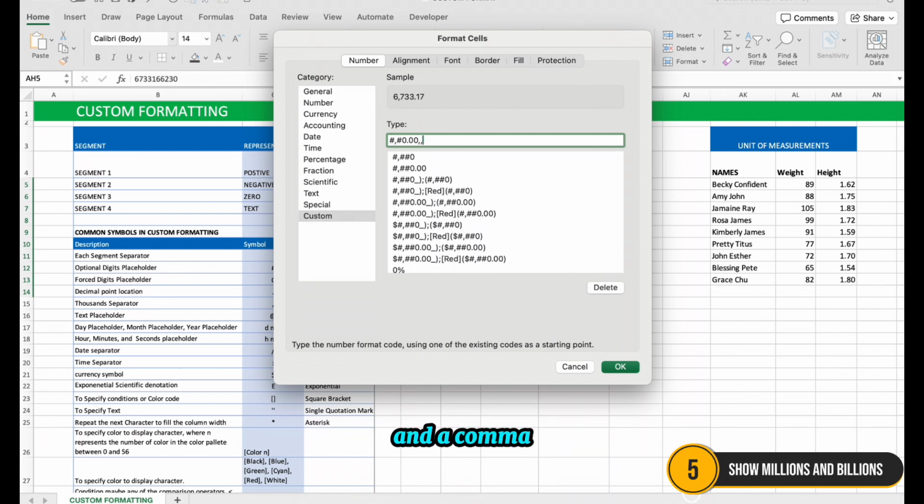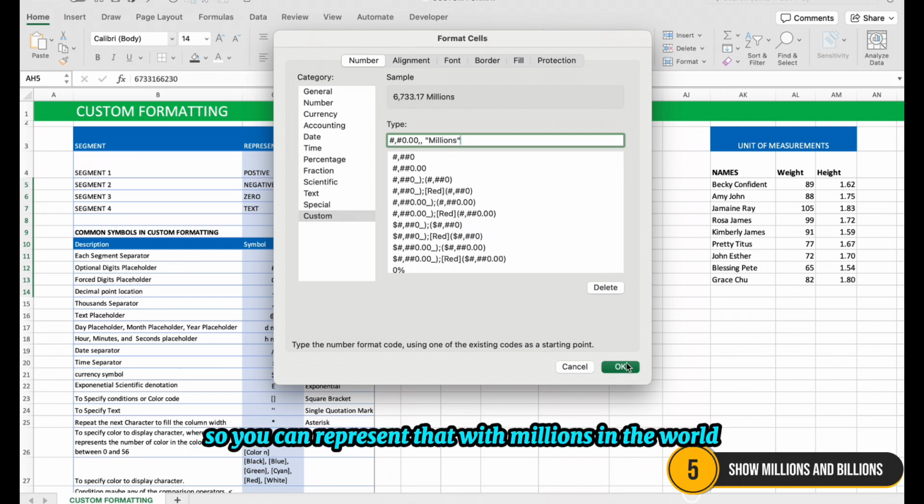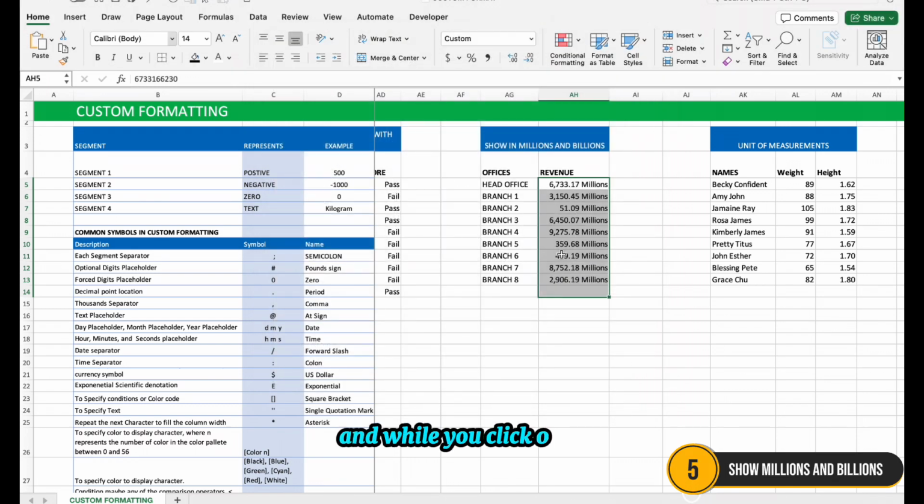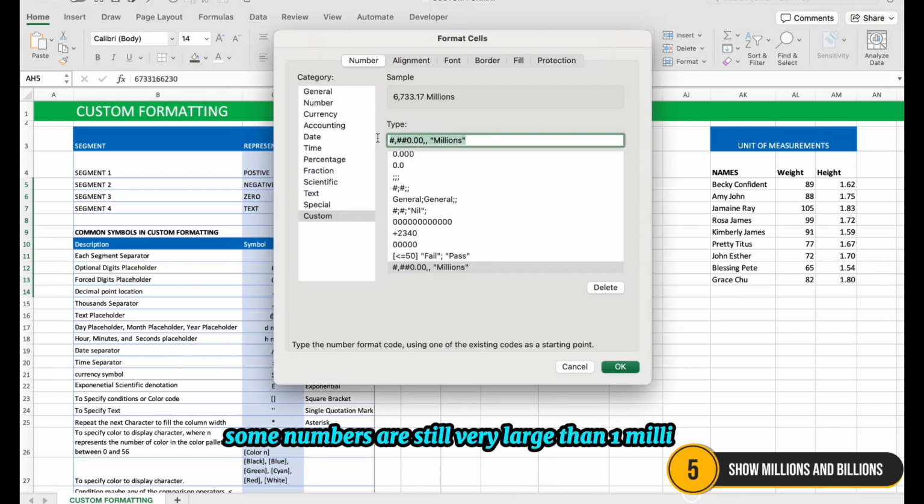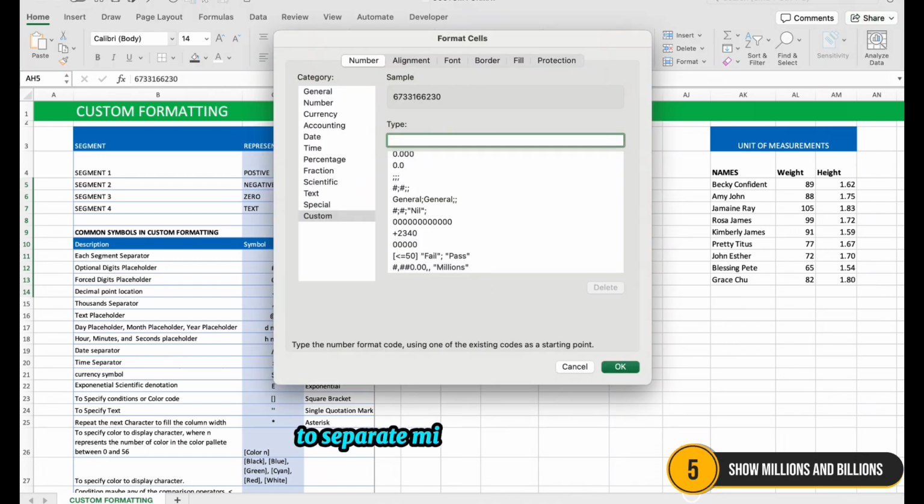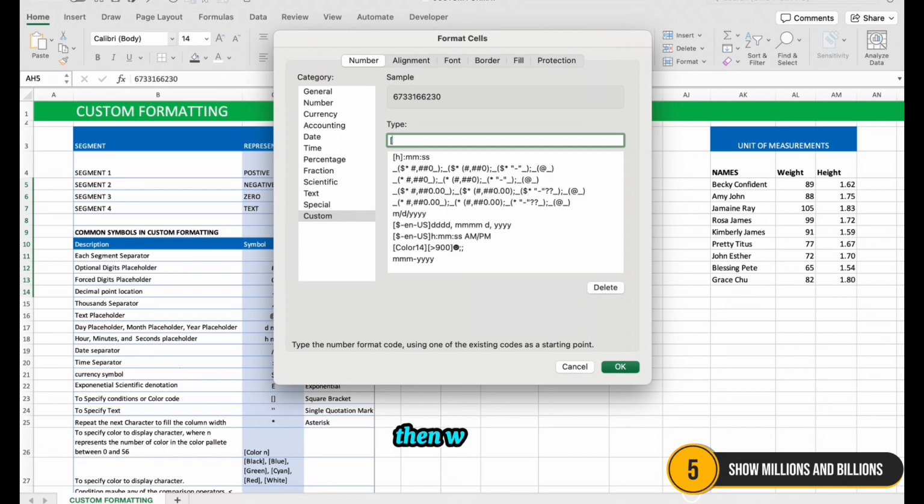Then a comma will remove thousands, another comma will remove another thousands, which means you've removed millions. So you can represent that with M for millions. And when you click OK, you will see that your numbers are showing in millions. But you can see some numbers are still very large, larger than a million. To separate millions from billions, then we need